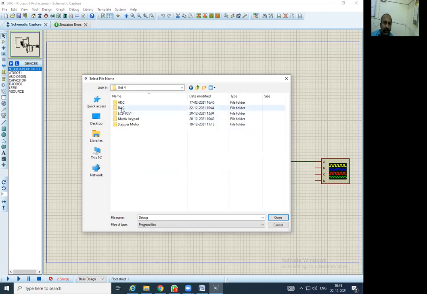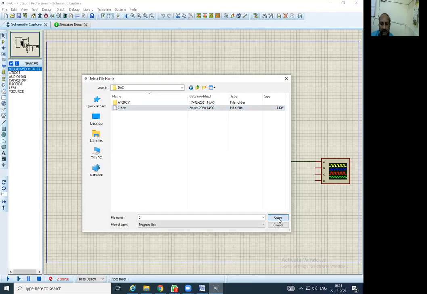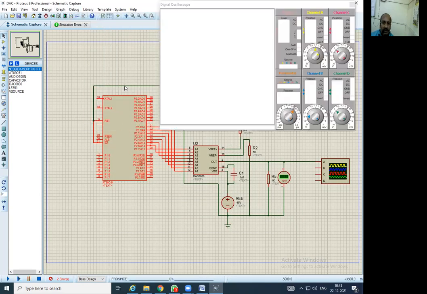Number 4 in that DAC, and this is 2.hex, is it? So let us check whether it is matching or not. 2.hex, and save. Again, debug start.